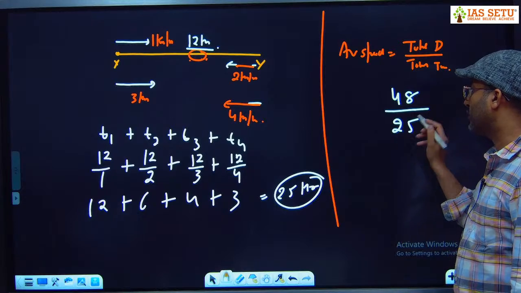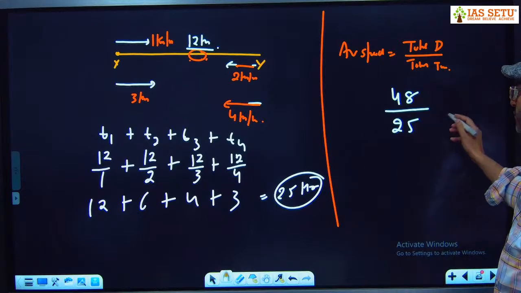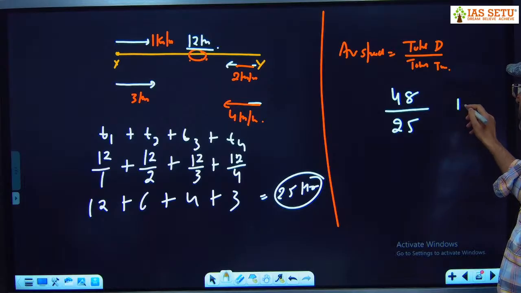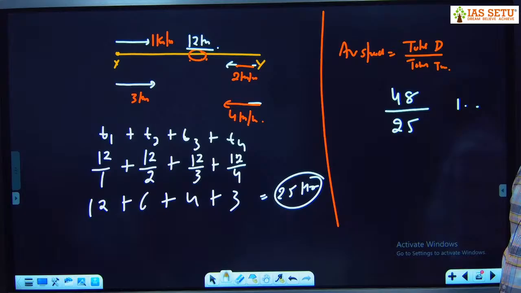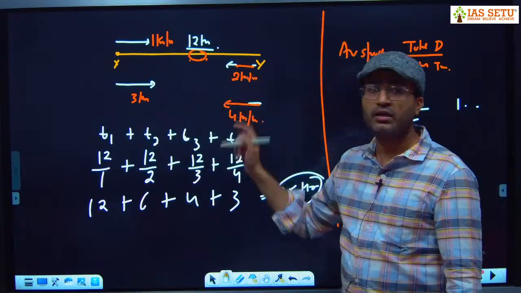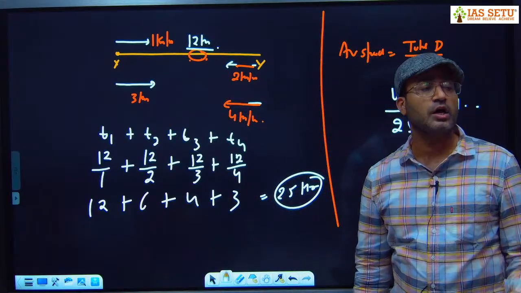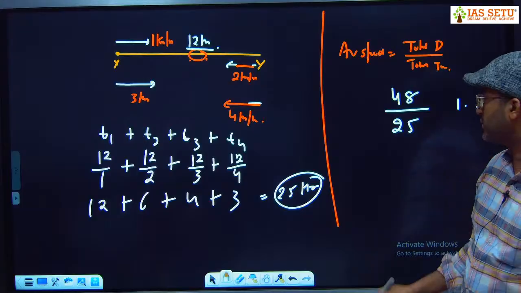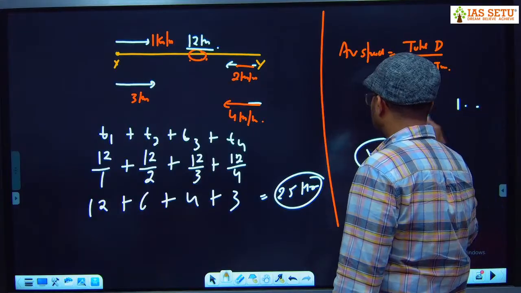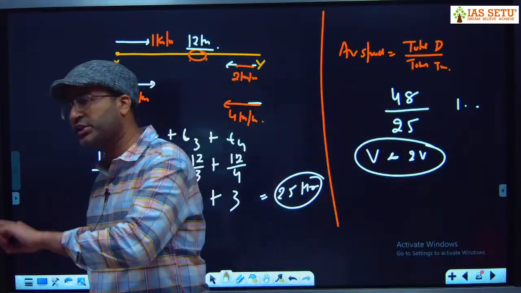Time unit 25 hour. So here your average speed is coming less than 2 kilometer per hour, or it is coming 1 point something. So it means your average speed lie between 1 and 2. And what is V? V is 1 kilometer per hour. What is 2V? 2 kilometer per hour. So in this question, our average speed will lie between V and 2V. आपकी जो एवरेज स्पीड आएगी V से ज्यादा आएगी, 2V से कम आएगी।